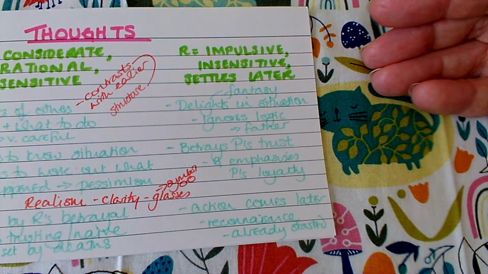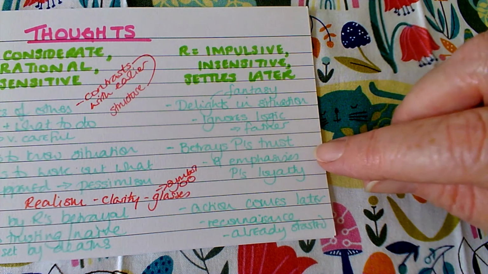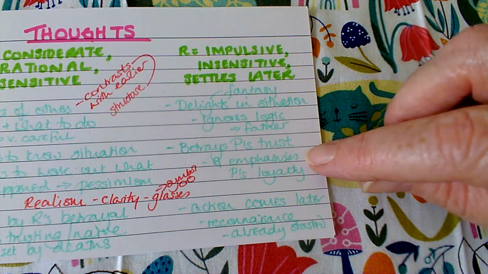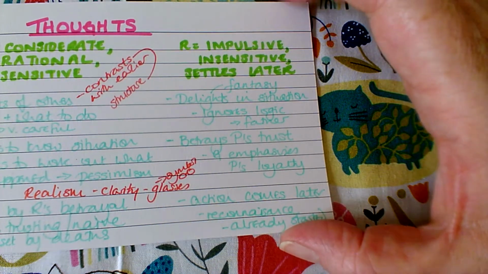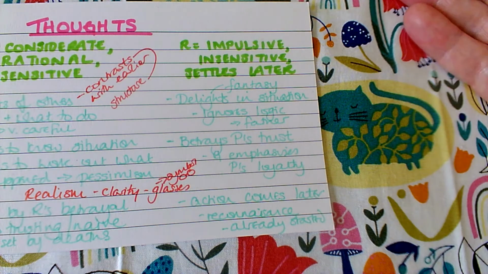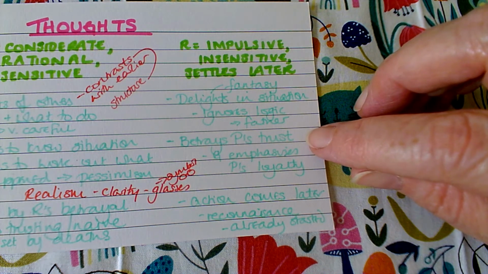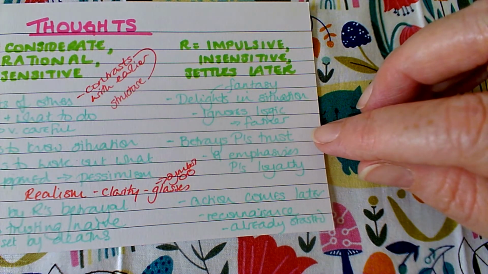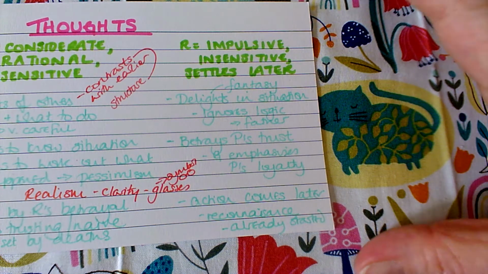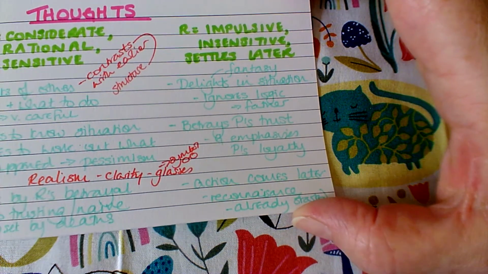He's made him look physically as perfect as you could be. He's made him look like his physical ideal, but he does betray Piggy's trust. Golding has emphasised Piggy's loyalty by having him stick to Ralph. And when Ralph tells Jack and the other boys that his name was Piggy, even though Piggy has said, I don't want anybody else to know my name, it's a real betrayal, and it hurts Piggy a lot.